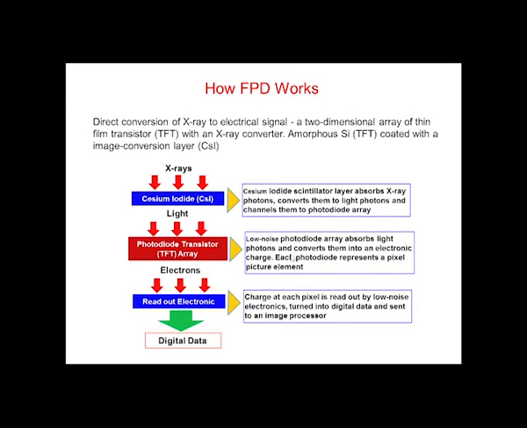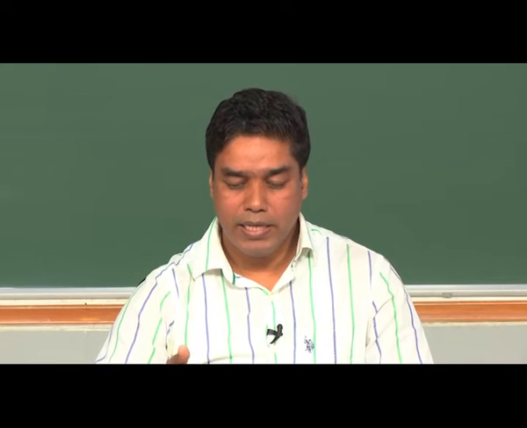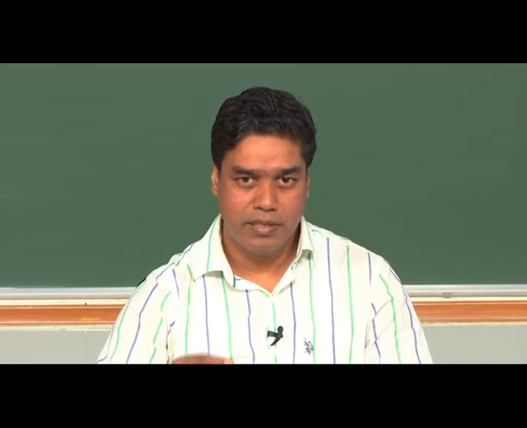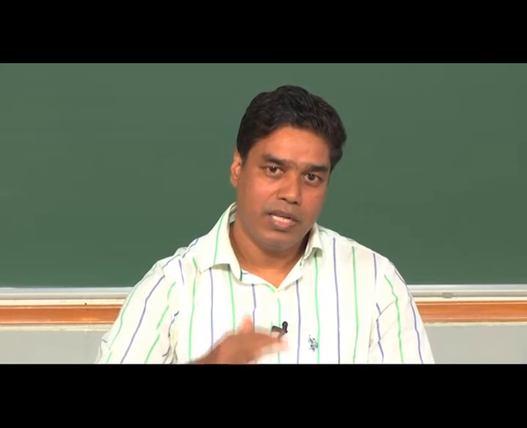As I am going to show you in the next slide, these photodiodes are made in the form of a grid or a form of some network. Instead of a single piece, it is divided into small rectangular grids, and each of these rectangular grids will represent a pixel. And the amount of light intensity falling on each of these pixels will be proportional to the X-ray intensity which is falling on that particular part.